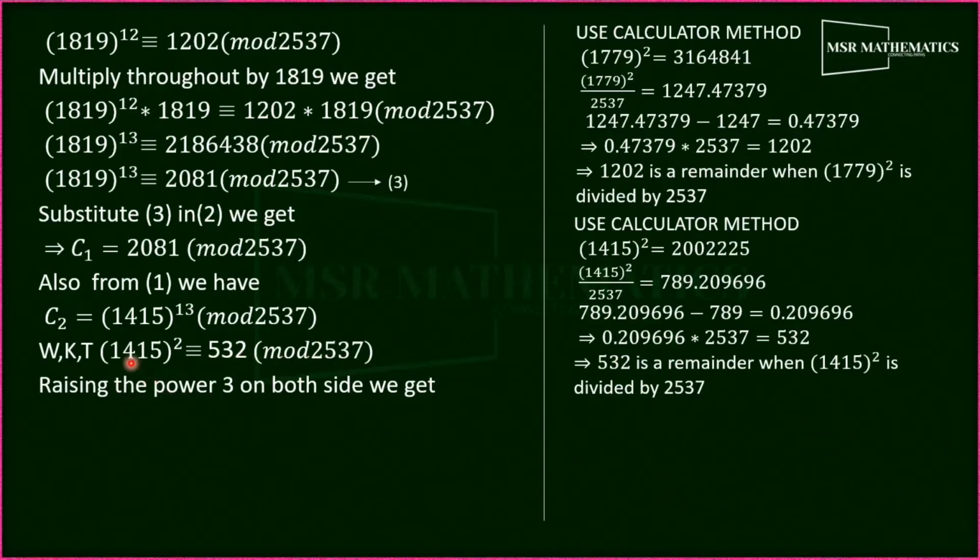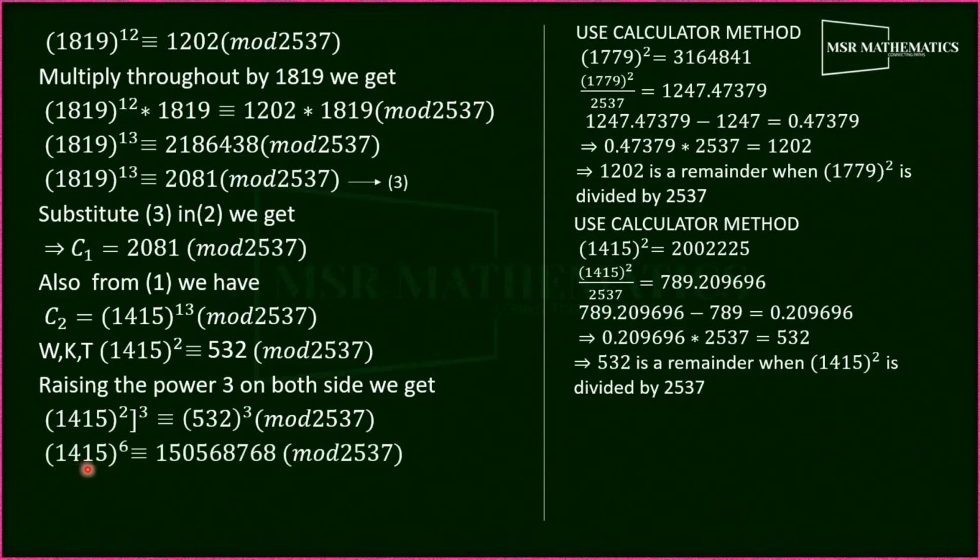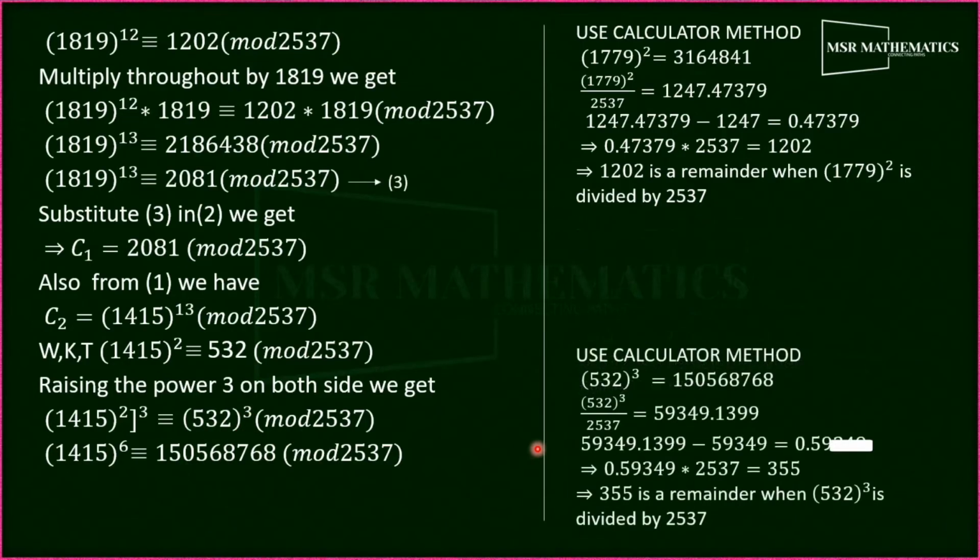But here we have to obtain 1415 power 13. For that, the first step is to raise the power 3 on both sides. We get 1415 square into 3 is congruent to 532 power 3 under modulo 2537. On the left-hand side we get 1415 power 2 into 3, which is 6, is congruent to, and here we have to find the value for 532 cube. So first, 532 cube is given by